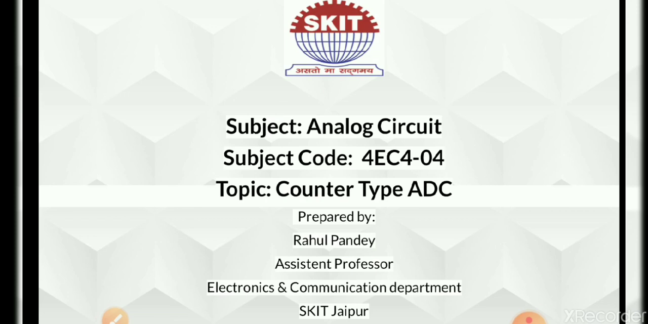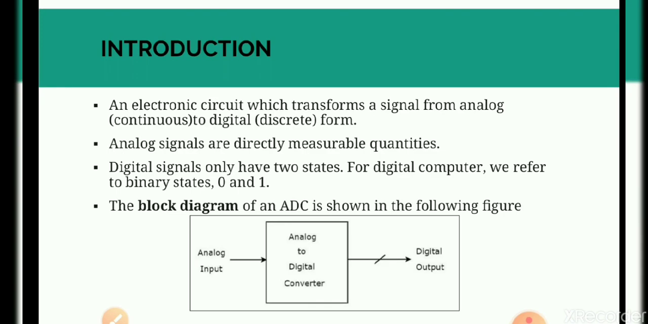So to begin with the introduction part, as the name suggests, analog to digital converter converts analog signal into digital signal. So an electronic circuit which transforms a signal from analog to digital form is called an analog to digital converter. And it is obvious that a digital computer and microprocessor can only understand binary language, which is 0 and 1. So if we are using an analog signal before the digital computer or microprocessor, then in between them we need an analog to digital converter, which is going to convert analog signal into